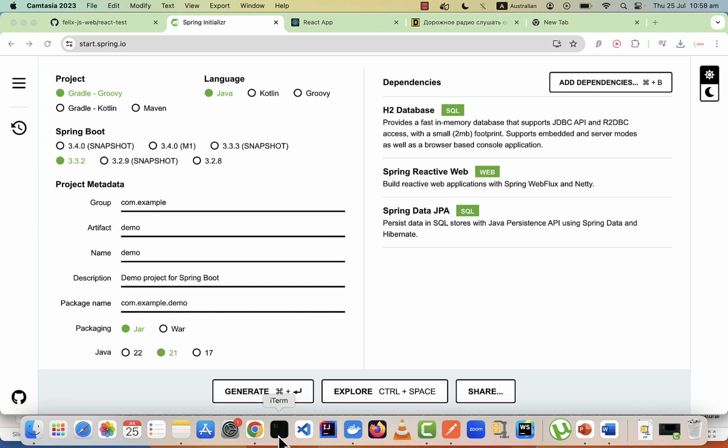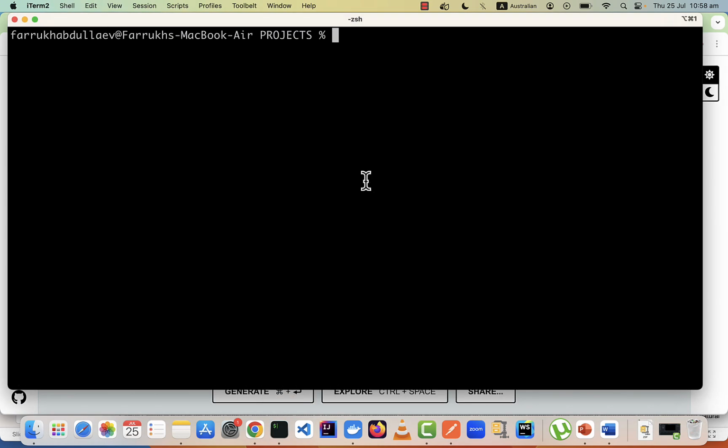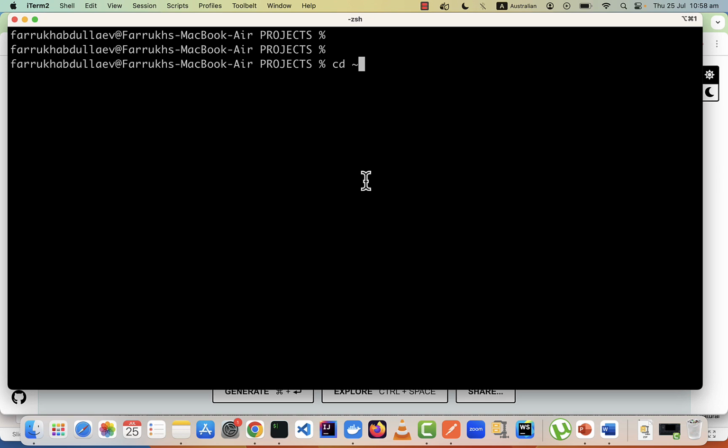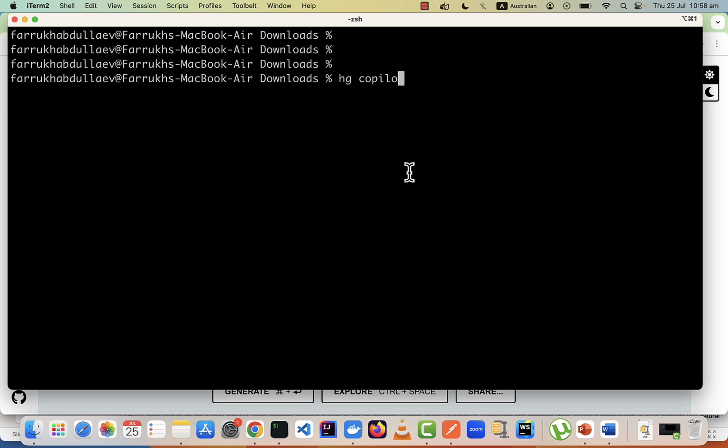And as soon as we've done that, this is where we start our Copilot journey. I have my Copilot installed as a CLI. So what it helps me with is all of these shell scripting commands like find the file, zip the file, unzip the file, copy this, copy that. I know if you're a very good shell user, you have to learn them by heart, but once again. So what I do is GitHub Copilot,